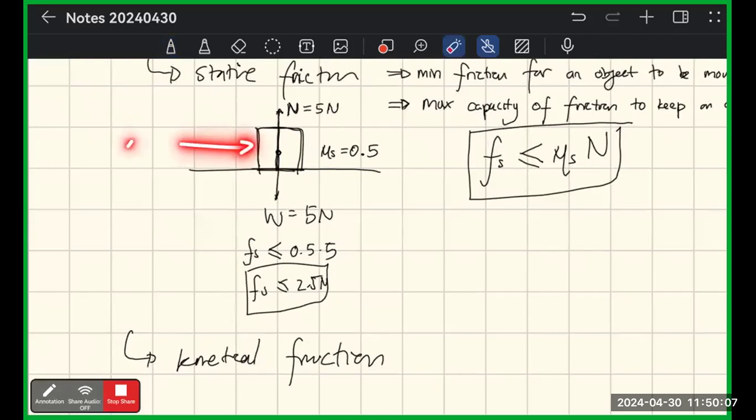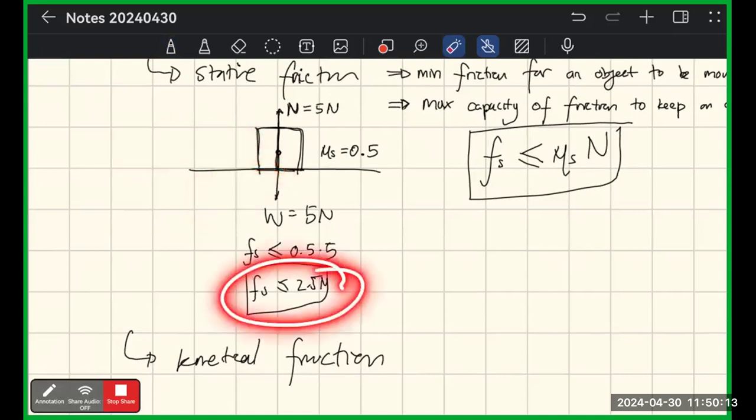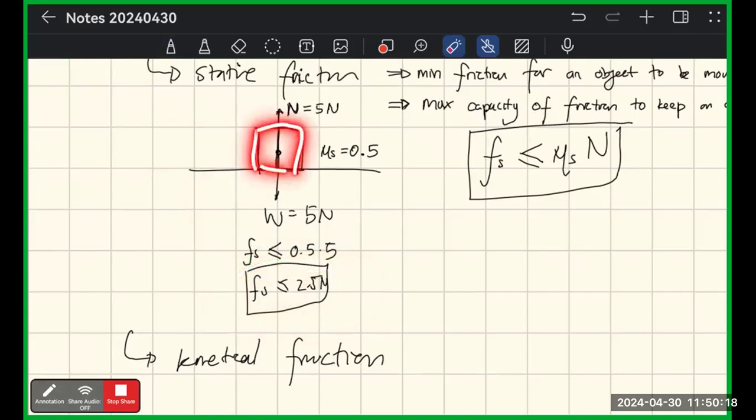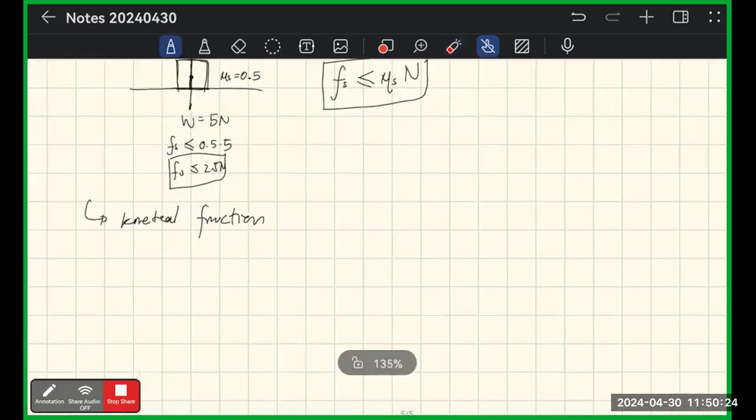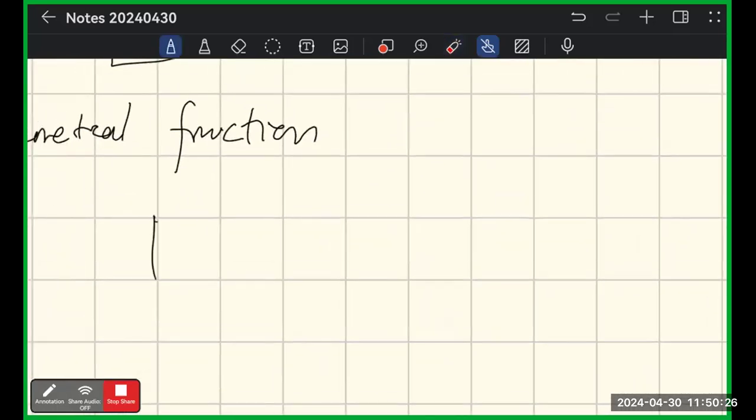So if this is 1 Newton, they will give 1 Newton as well, so that it balances out. It doesn't move. But the capacity to keep the object unmoved is 2.5. 2.5 is the maximum. That's the concept for the static friction. For the kinetic friction, if you have